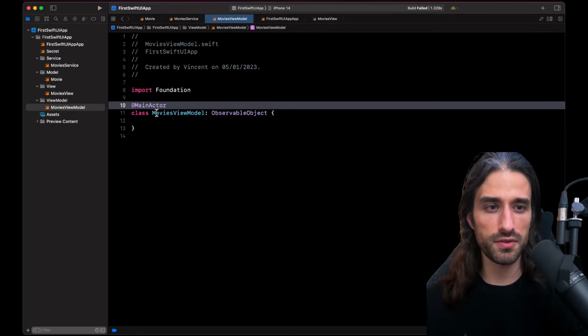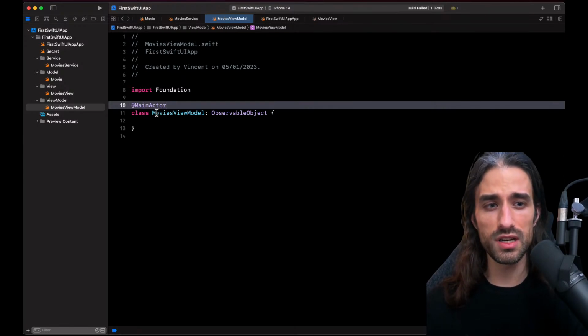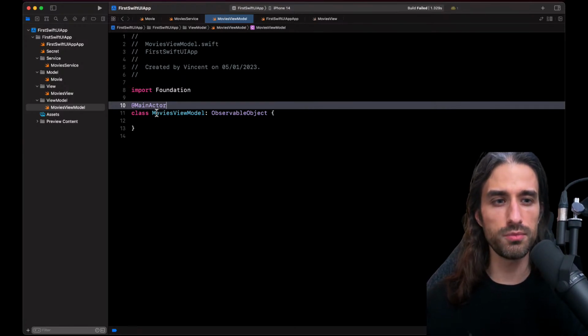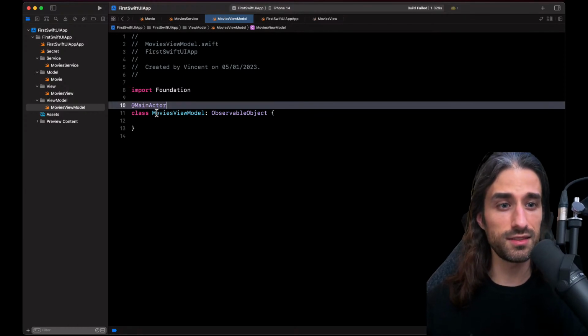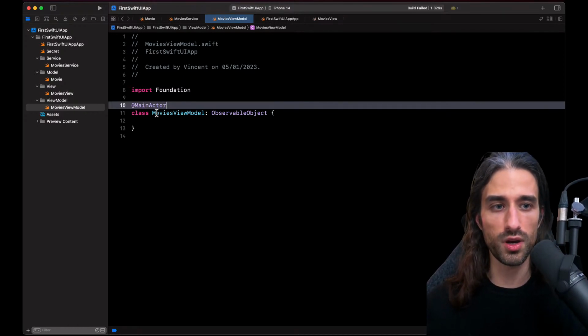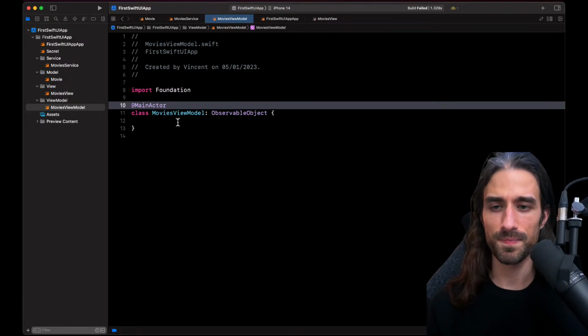This is a very important thing because in SwiftUI, just like in UIKit, you are only allowed to update the view from the main thread to basically prevent all kinds of data race bugs. And this is how you do it with code that uses Swift concurrency. So code that uses async await, you annotate the class with @MainActor. Once again, I'm not going too much into detail, but if you want more details of what MainActor is, I have videos on my channel about it.